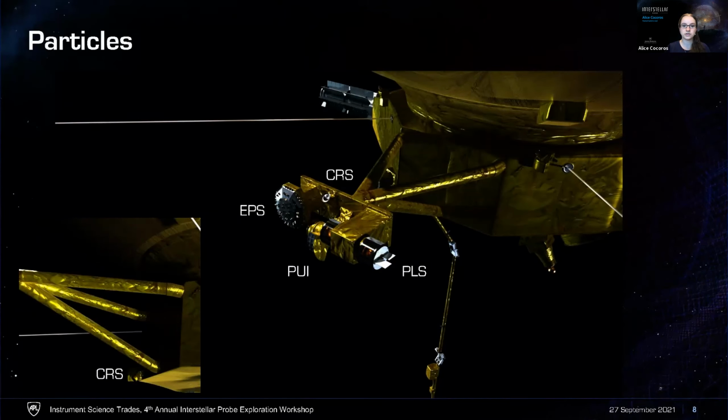And then you have these 2 cosmic ray telescopes, which have a 90-degree angle between them, which should be sufficient to measure the anisotropies expected in the cosmic ray detection. The pointing accuracy for each one of these instruments is assumed to be roughly 1 degree, while the pointing knowledge should be less than 10 degrees. If you go to the next slide,